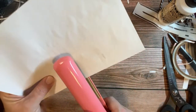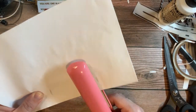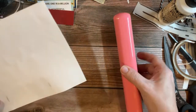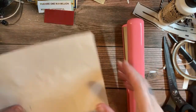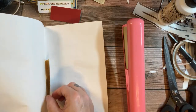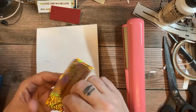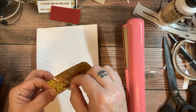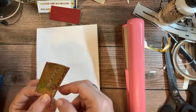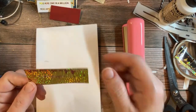Perfect. Let's foil. I mean, this thing is so blazing hot. Whew, it's like too hot to touch, y'all. But now all of this should be in foil except for our sentiment. Oh, it's over foiling. So that was not a success. However, we can use